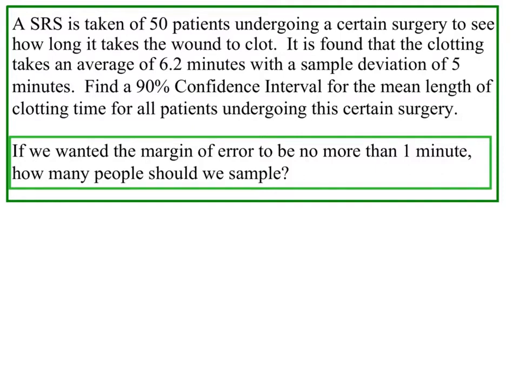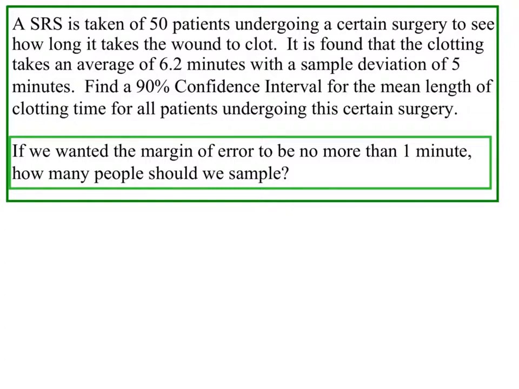In this video, I want to review how we build confidence intervals for both means and proportions, as well as just revisiting how we solve for a sample size. A simple random sample is taken of 50 patients undergoing a certain surgery to see how long it takes the wound to clot. It is found that the clotting takes an average of 6.2 minutes with a sample deviation of 5 minutes. Find a 90% confidence interval for the mean length of clotting time for all patients undergoing this certain